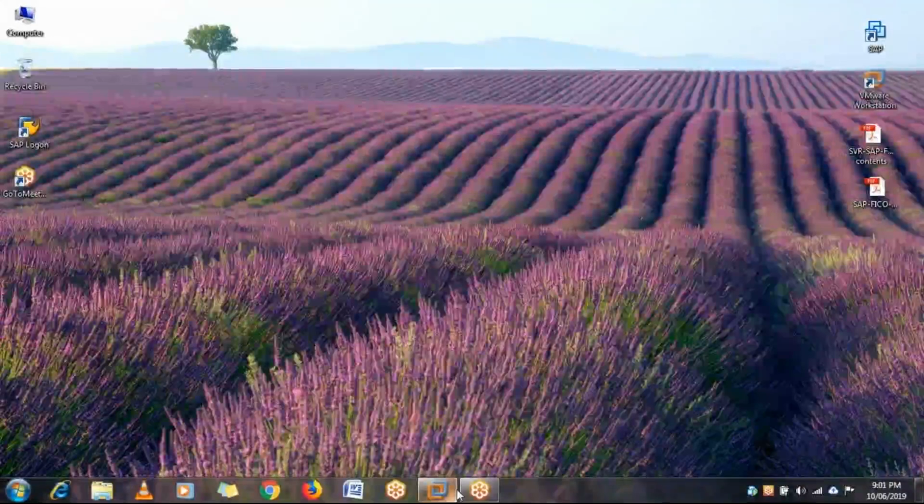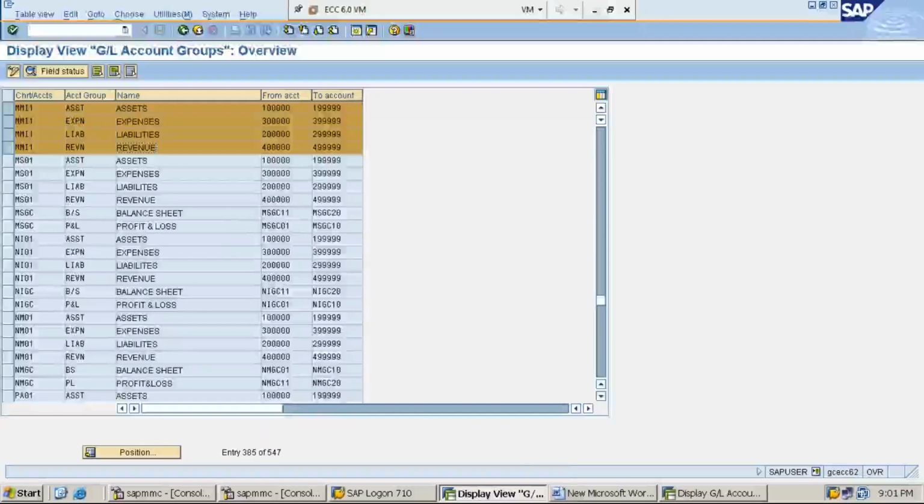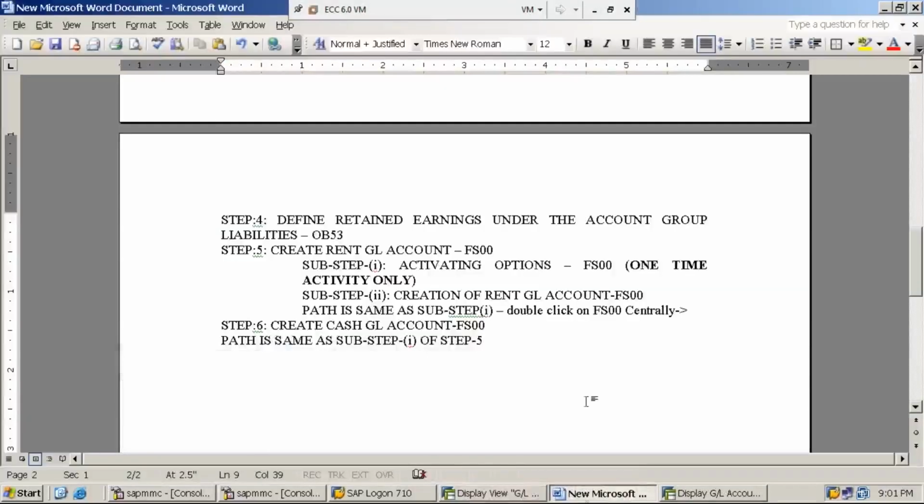Step number 7. Before going to step number 7, Manisha, whatever steps we have done so far from day one are all steps performed by the SAP consultant.